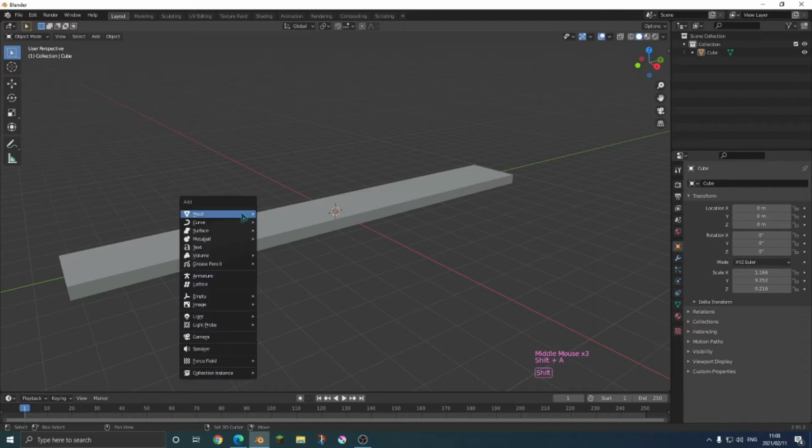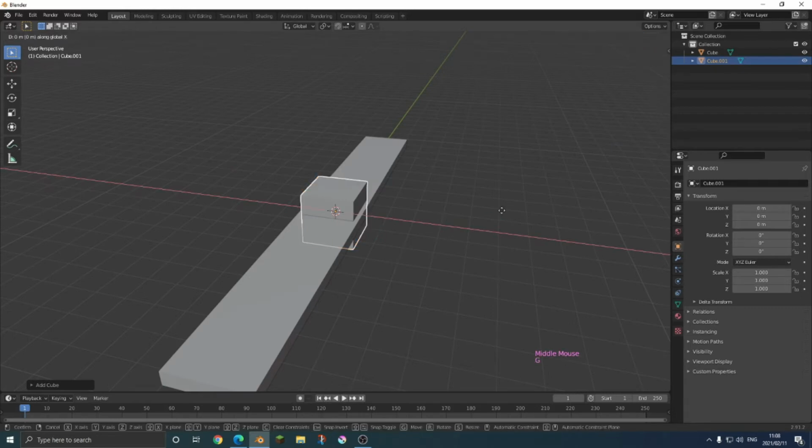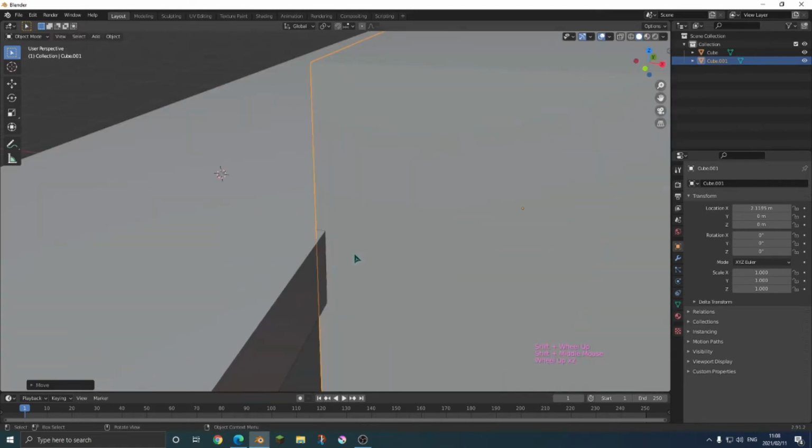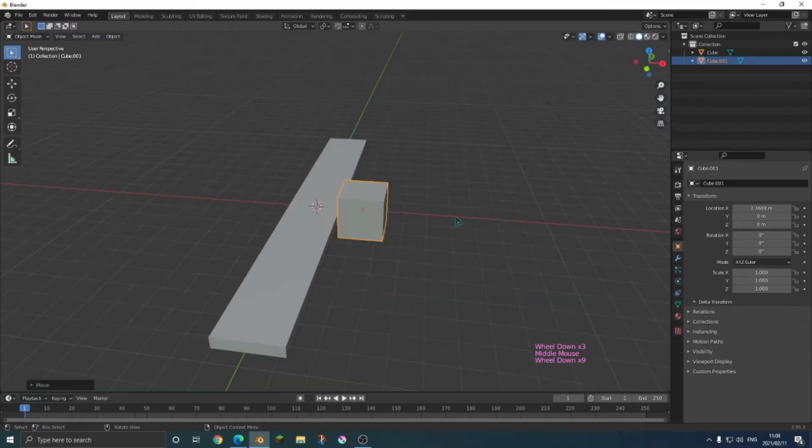Next thing, Shift A to add mesh and a cube. GX, and then to move it on one side, it doesn't matter which side, then I would just clip it in there a little bit, as you can see. So not too much, but just enough. And if you want to move it at small increments, hold Shift. So like that. SZ